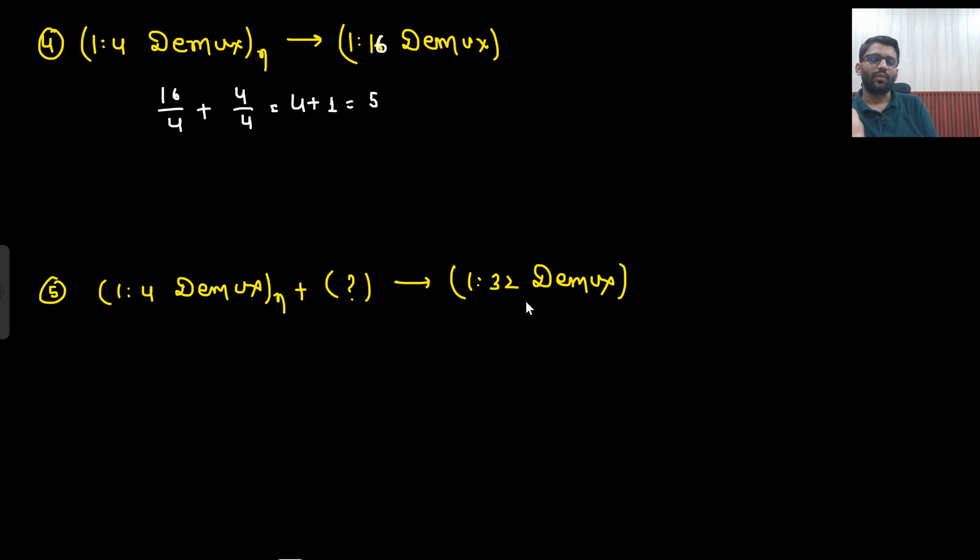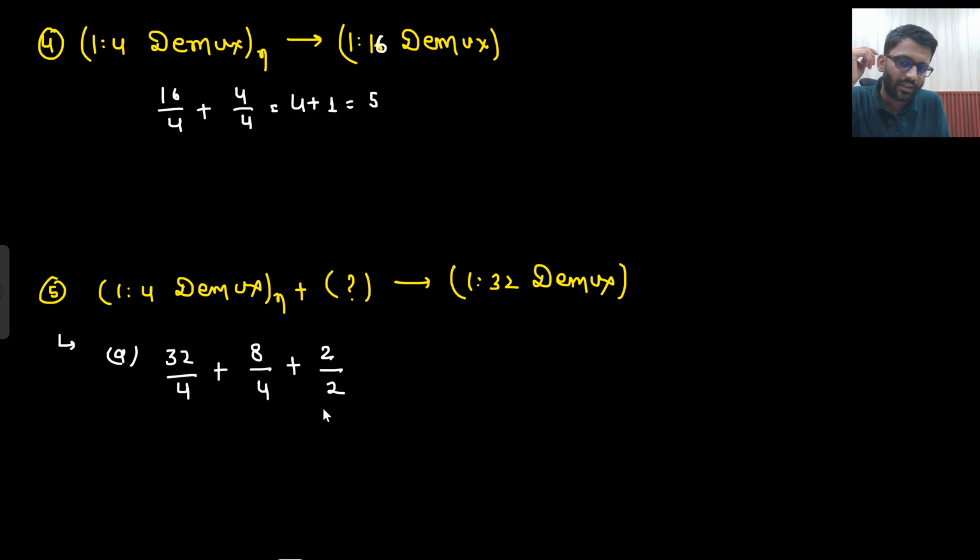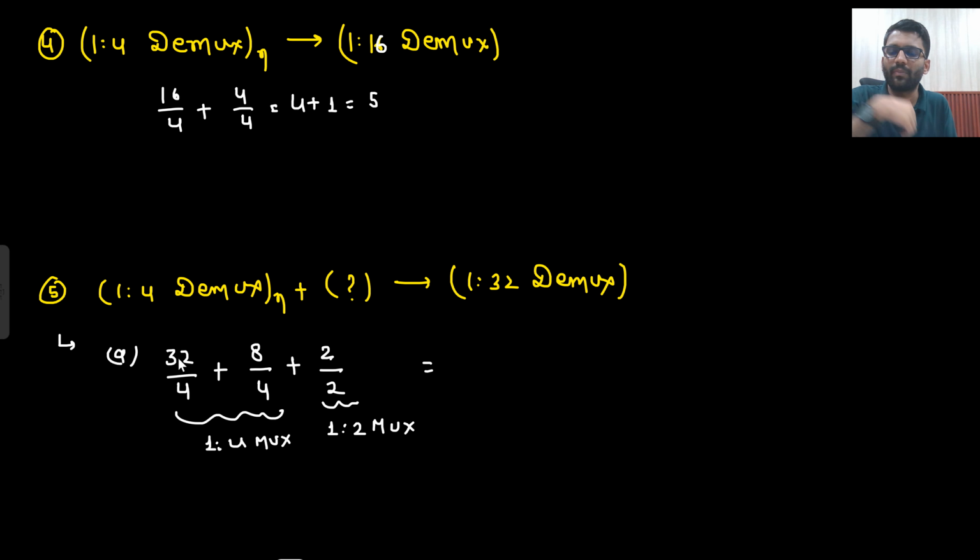What about this? You are making 1:32. So one type of mux we are having, that is 1:4. Other type of mux you can make on your own. So let's start with 32 divided by 4. So 8 you will get. Again you can divide by 4. Now you will get 2. So you can use another 1:2 mux. And this will be for 1:4 mux. Right? So basically 8 plus 2, 10. 10, 1:4